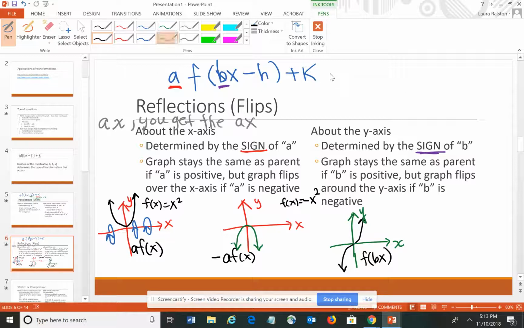And then if instead I have a negative on the b, let's think about what would happen. So if I have f of negative bx, what happens is it causes a reflection on the y, and my graph gets flipped